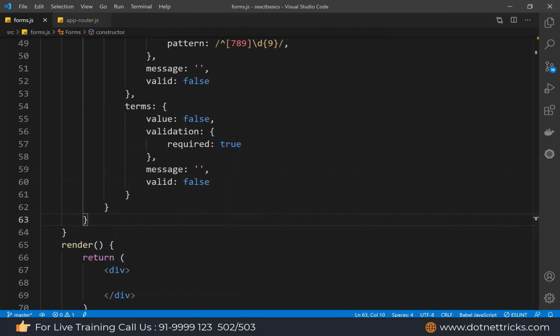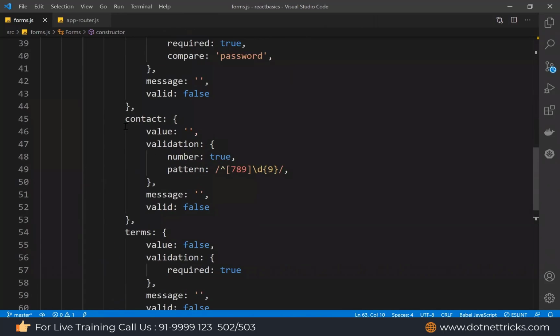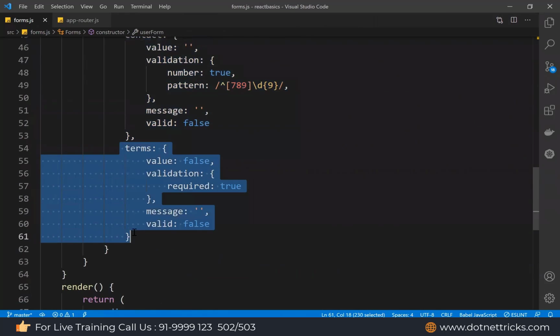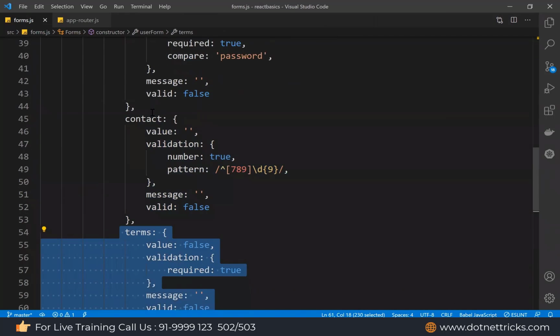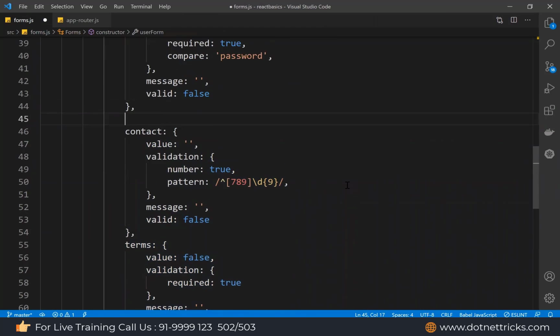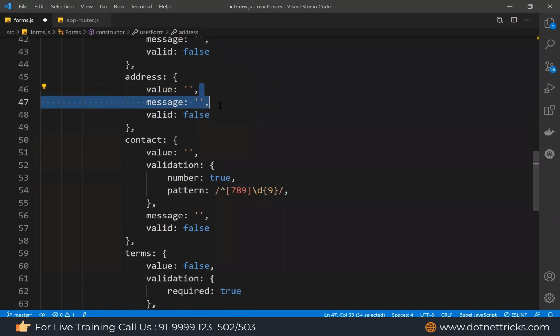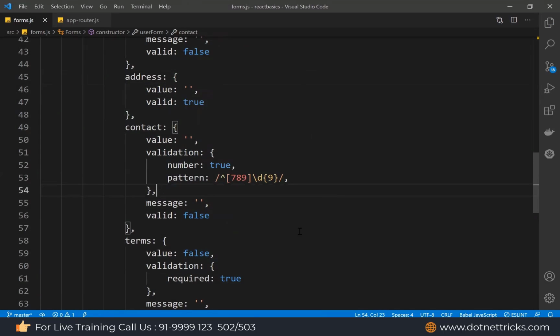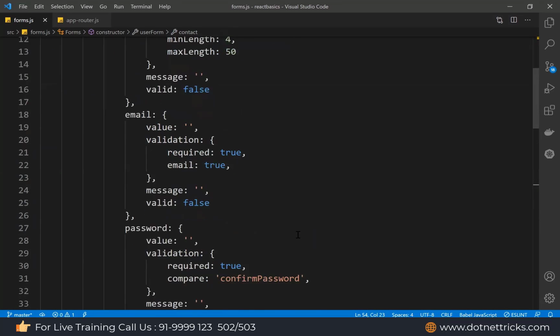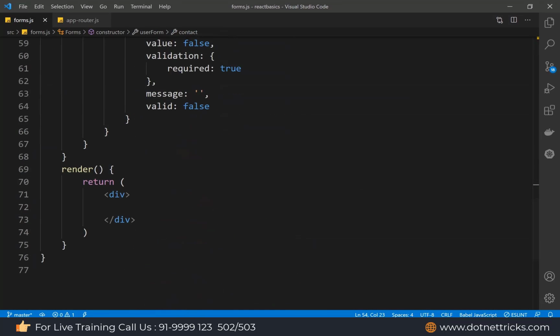And if you're willing to define a field which is not required, that also we can define. Let's say we have a field which is in fact not required. It's up to you whether you're willing to define the value. Let's say address is optional. So value I'm putting empty, and we don't have any validation on this one. It's valid this way. So this is the way we define our own way of validating things. It's a simple thing. We just define a JavaScript object and there we check it.